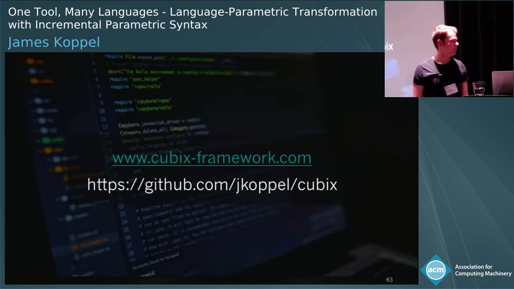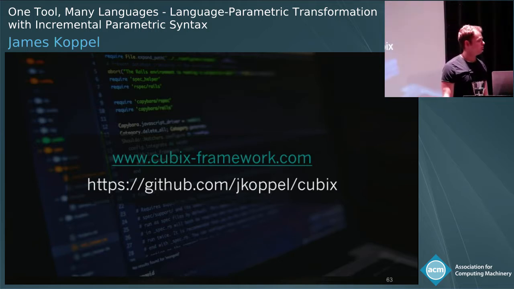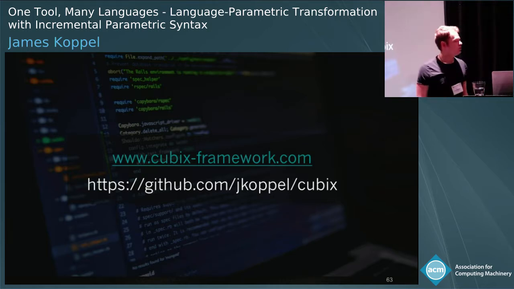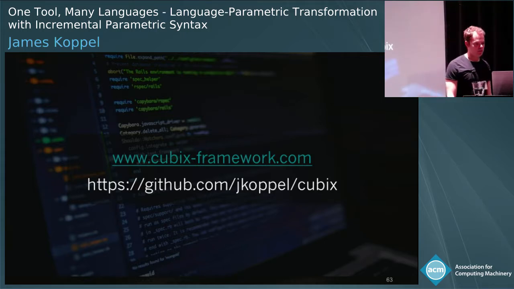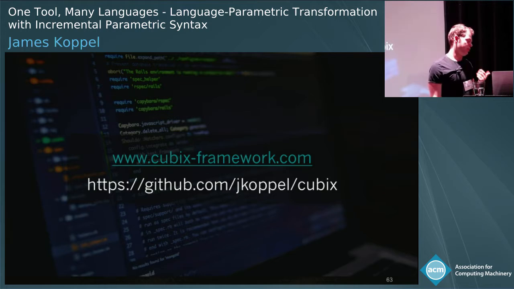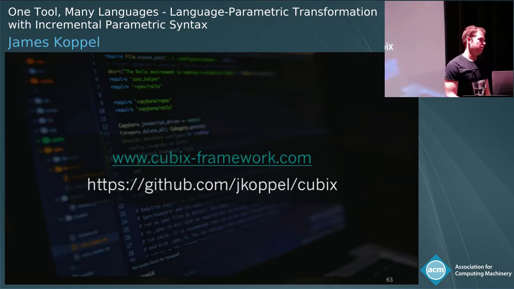So I have a question. It seems you can apply transformation to multiple languages because the languages are semantically very close, right? Because you're basically doing syntactic transformations. Is that true? Some of the transformations we presented actually operate on the control flow level. So I gave the example of the 3-address code transformation, where it will have to hoist a loop condition before the loop, at the end of the loop, and before every continue statement. And that's done by acting on the control flow graph. And we were also able